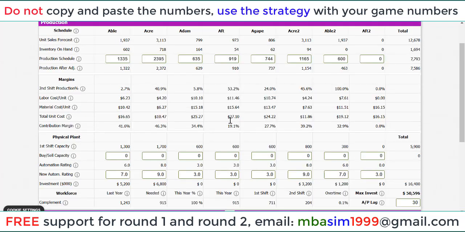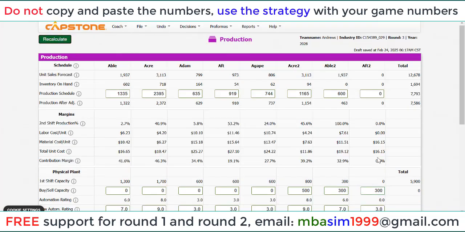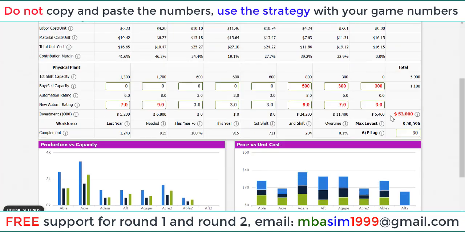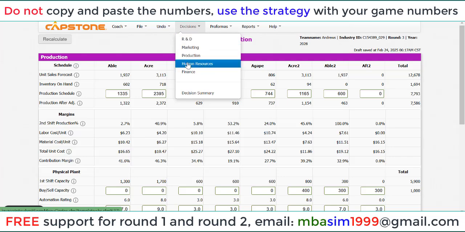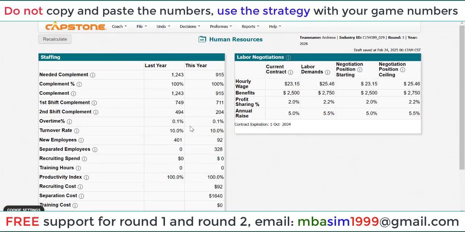budget to see if we have enough, right? So we can increase capacity here, right? For example, you see on the screen, to use all the budget here, right? It's over the budget, so we reduce a little bit. So 400, that should be okay. That's the decision for the production, and now we set the decision for the